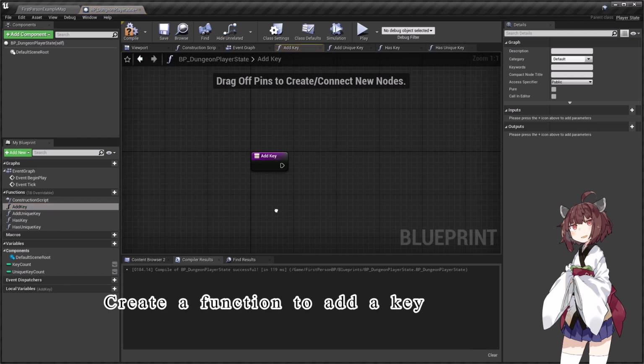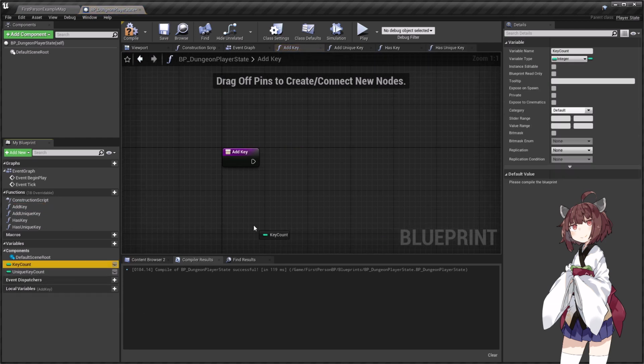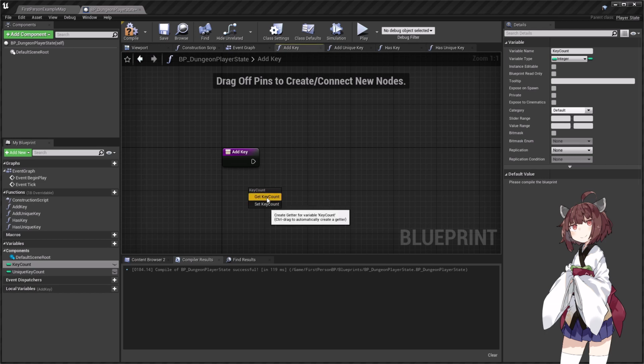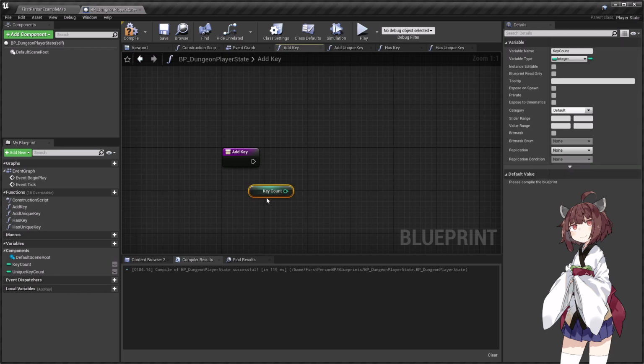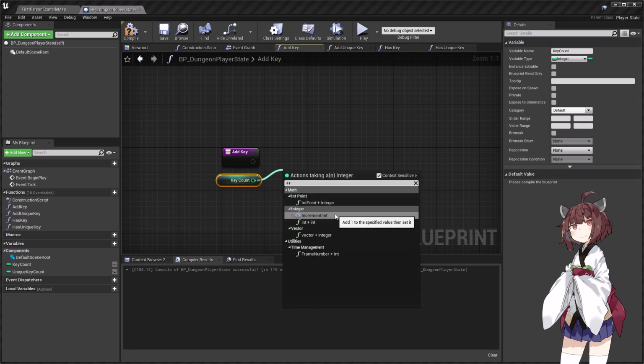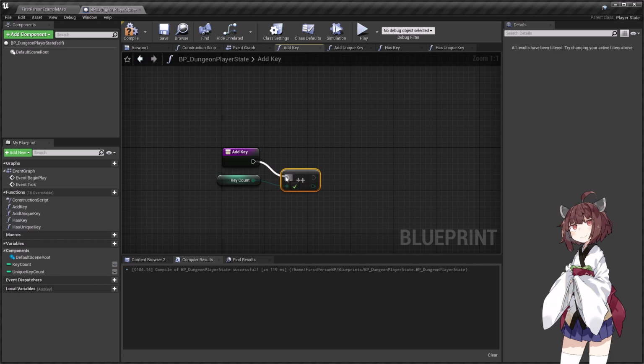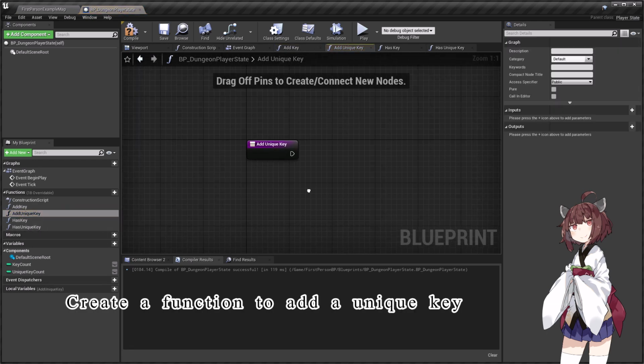Create a function to add a key. Create a function to add a unique key.